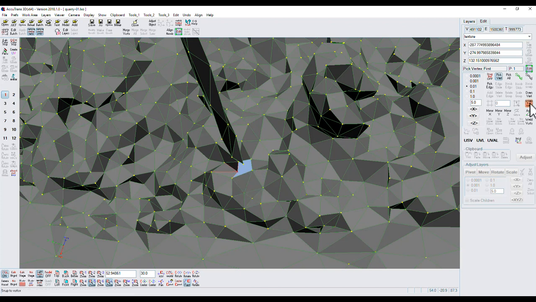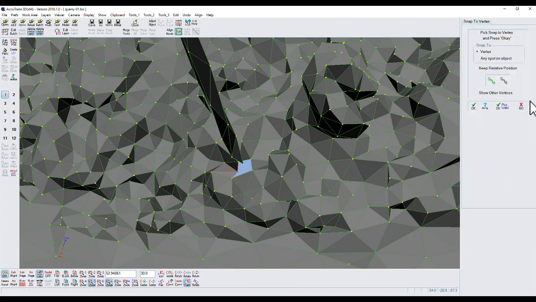And now I'm going to go to Snap To Vertex, and we can snap a vertex or a whole bunch of vertices over to another point, but I've just got the one selected, and I'll click on this vertex, and that's moved over, and I'll say OK,